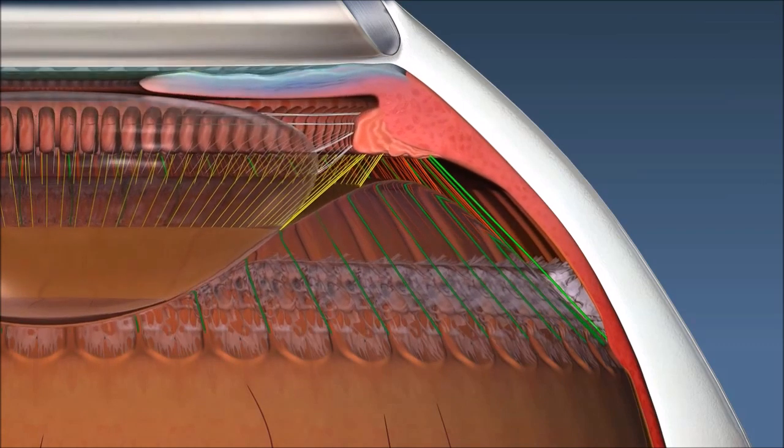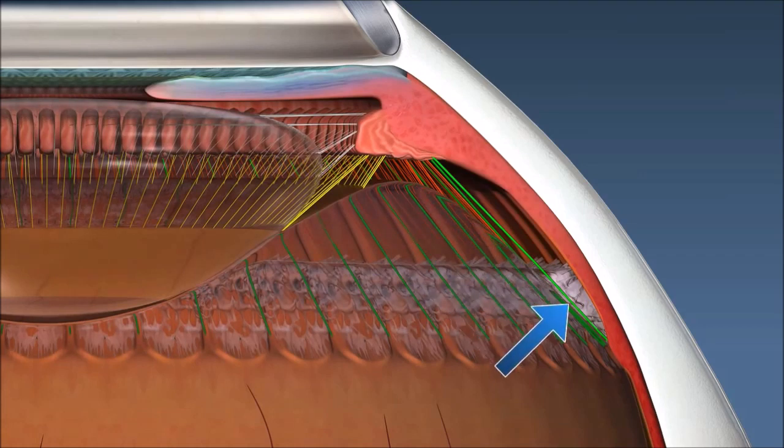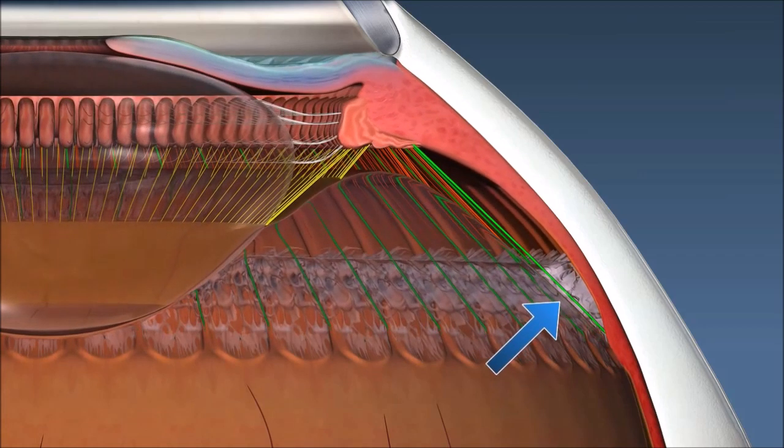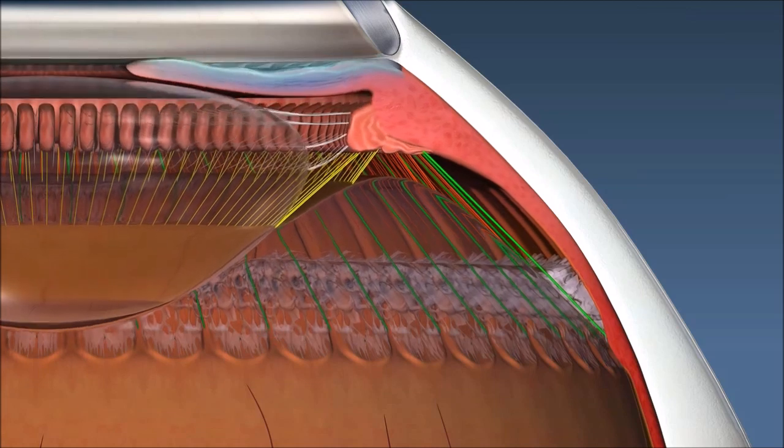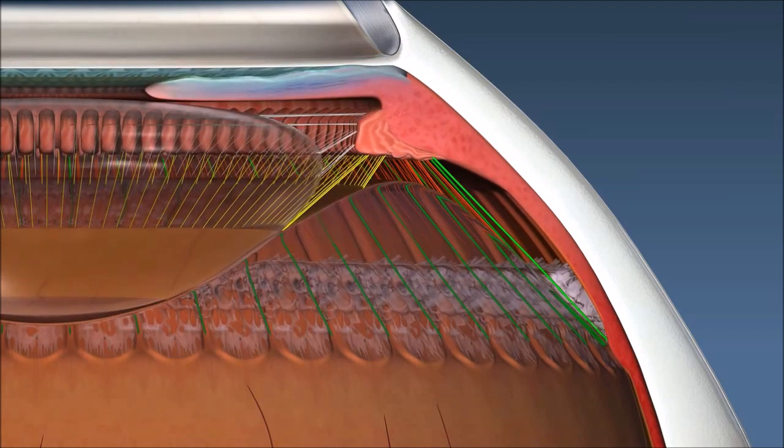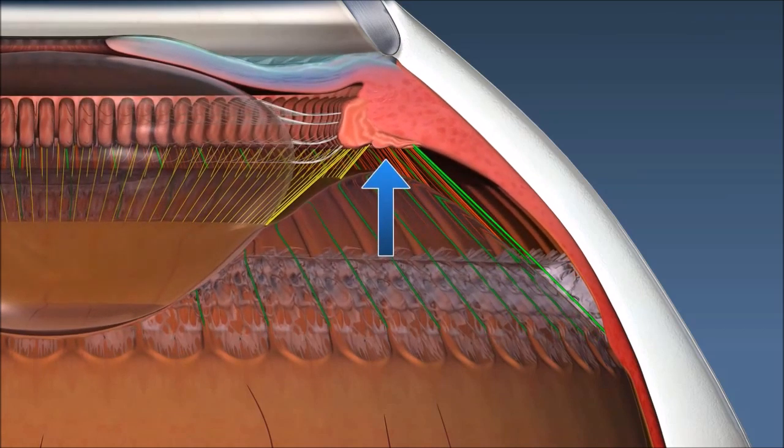There is bulging of the lens capsule. When the ciliary body is relaxed, the lens is flat; when contracted, the lens is thick. You can see the zonules are lax and the lens is quite thick. The dioptric power of the lens increases when it is thick, that is, when the ciliary body is contracting, and this helps in focusing of near objects.